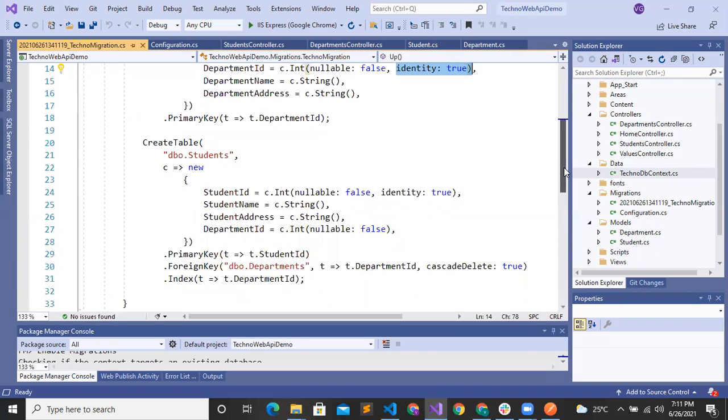And here you can see in the students table, student ID, student name, student address, and department ID as a foreign key. As here, department ID is added as a foreign key.